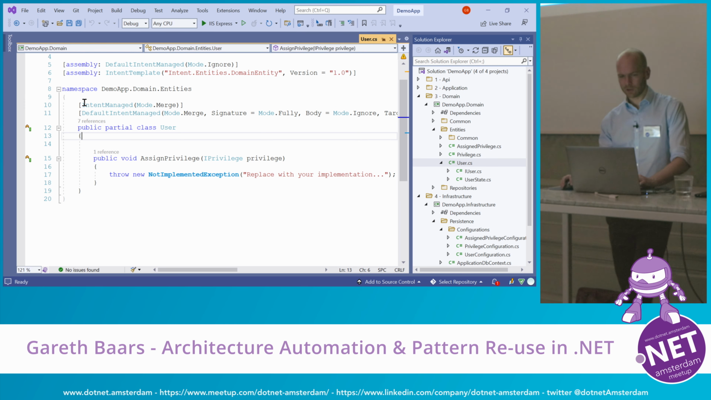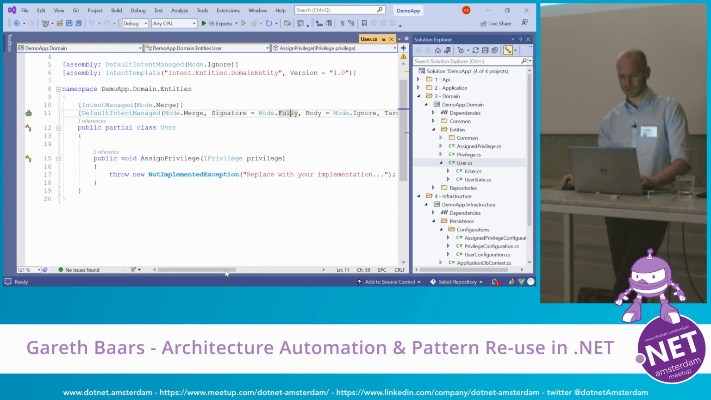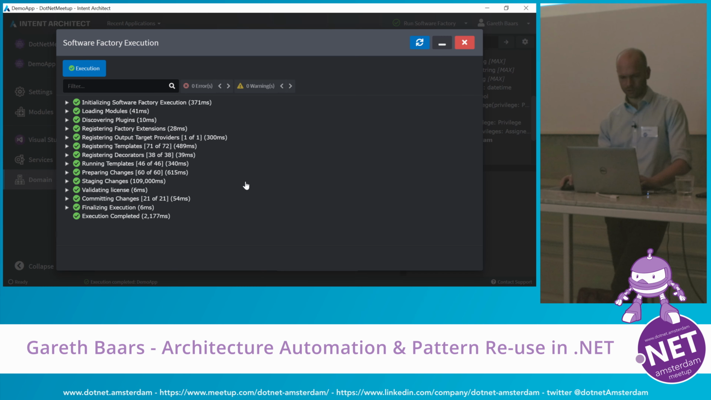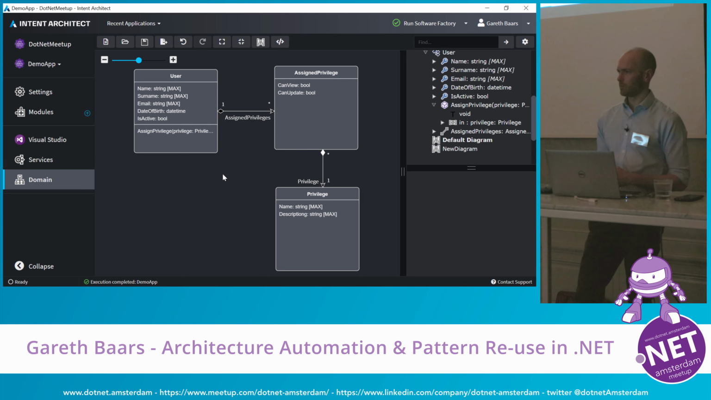You guys may notice these though: intent managed, mode merge, default intent managed, signature fully, these kind of things. I'm going to circle back to this shortly. This is actually code management instructions, that I'll run you guys through in a bit of detail shortly. So coming back to this now, let's say that the business was quite happy and they said to me,